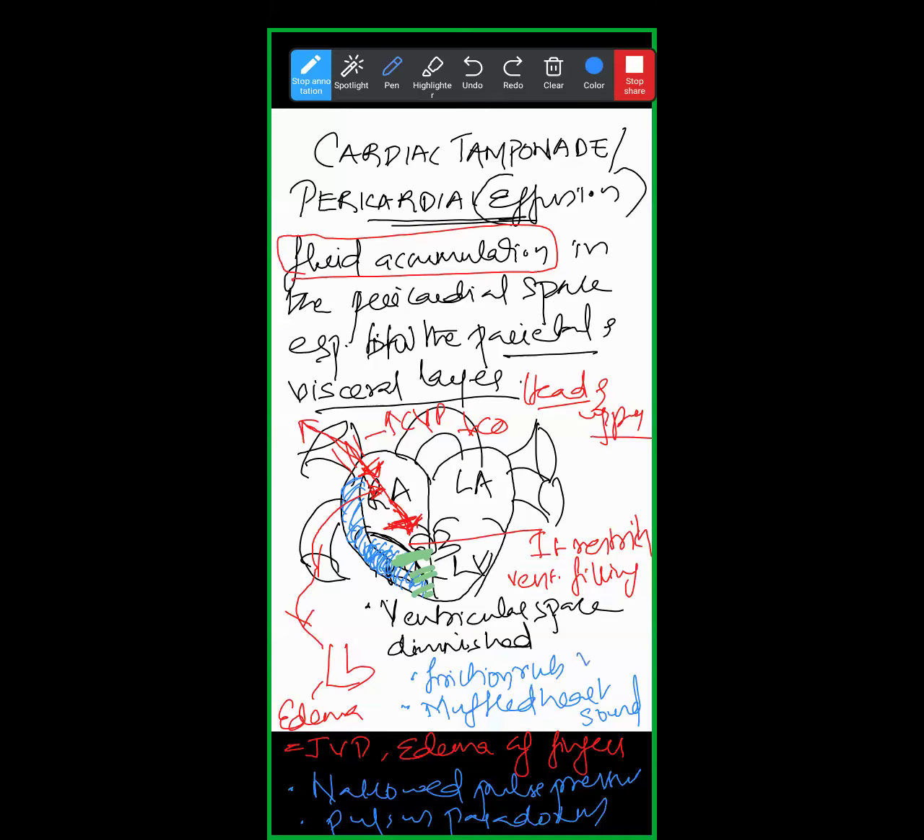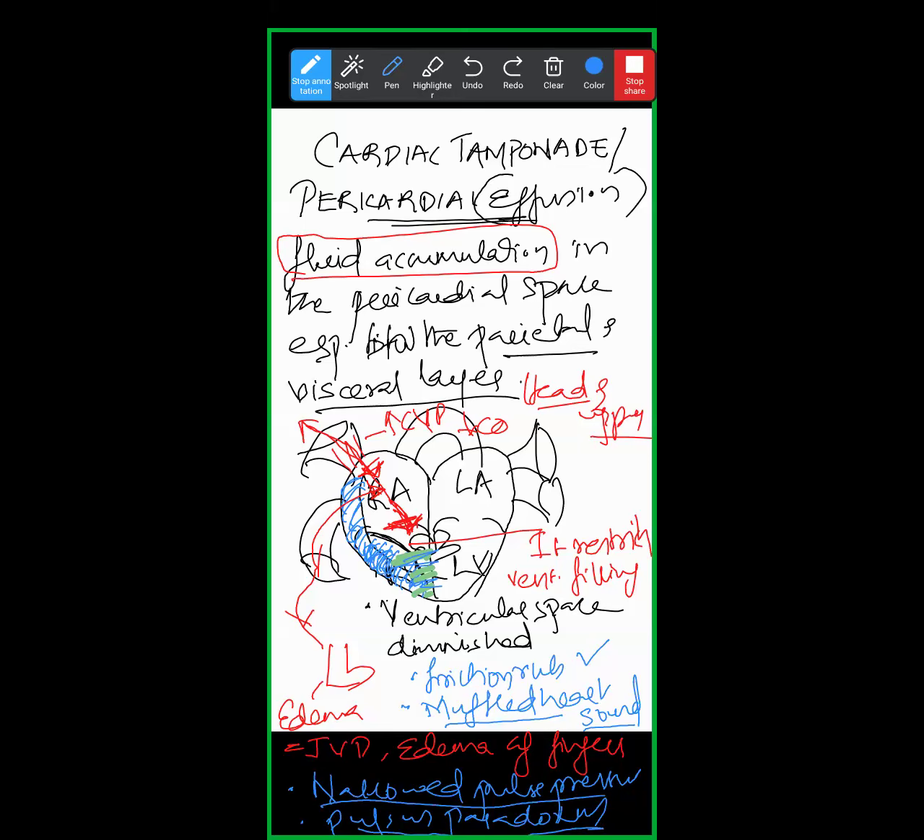Repeating, friction rub heard on auscultation. Why friction rub? These two layers rubbing each other. Friction rub heard on auscultation. Muffled heart sound or diminished heart sound will be there. Then narrowed pulse pressure,